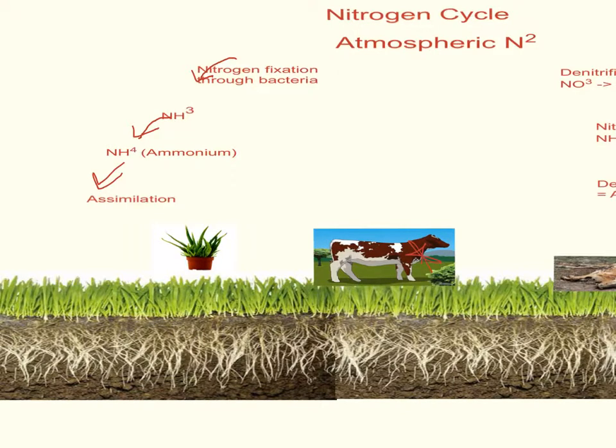And then from there it assimilates into our friend, the plant. So the plant assimilates the nitrogen, and then it is transformed into the consumers. When the consumers die, they either are decomposed or they go right back into the soil, and then it's ammonified again. And then you have to nitrify it, which is done by nitrifying bacteria, where basically they just take the